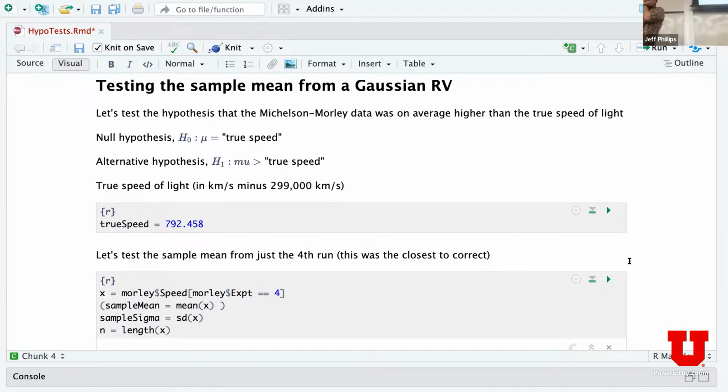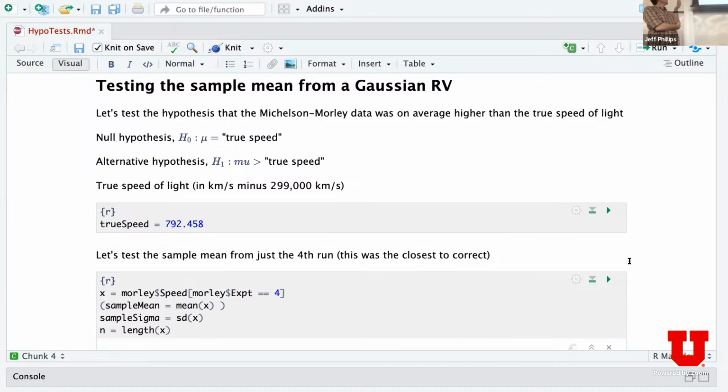So this is another data set that's built into R. That's why we're using it. This is on some early experiments by Michelson and Morley, who were trying to run an actual physical experiment to evaluate the speed of light. And we showed some plots of this earlier, and the speed of light is approximately 300,000